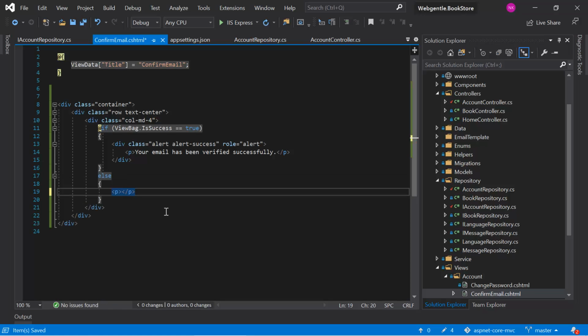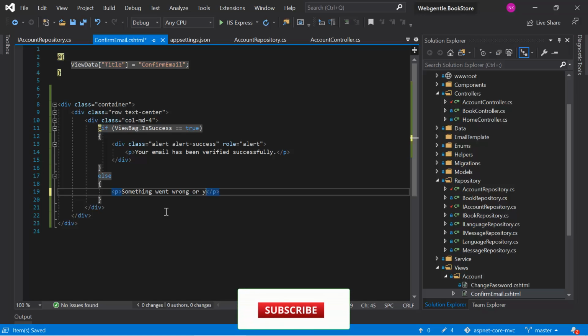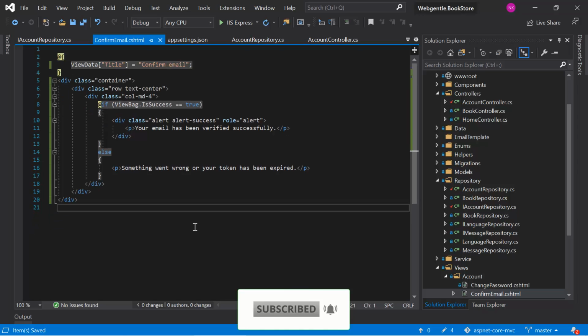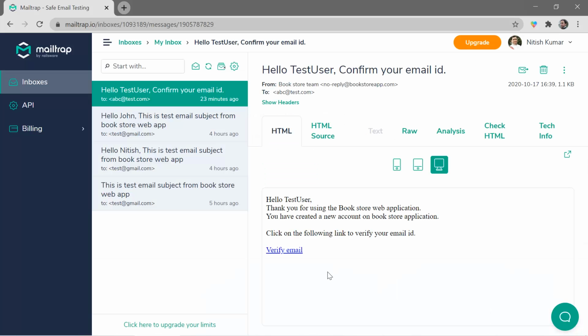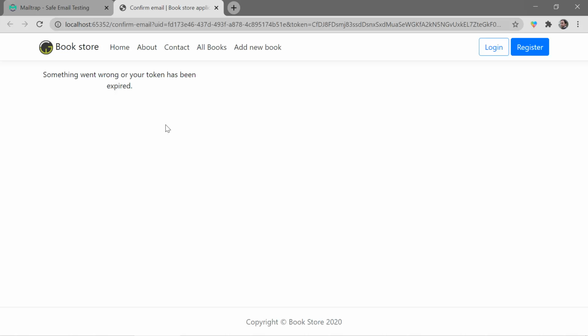And over here we can write a message like something went wrong or your token has been expired. Let's run this application by pressing Ctrl F5, and let's open the email inbox. Again let's try to click on the same email, and here you can see that we are having an error message, something went wrong. Okay, let's try to fix this problem.